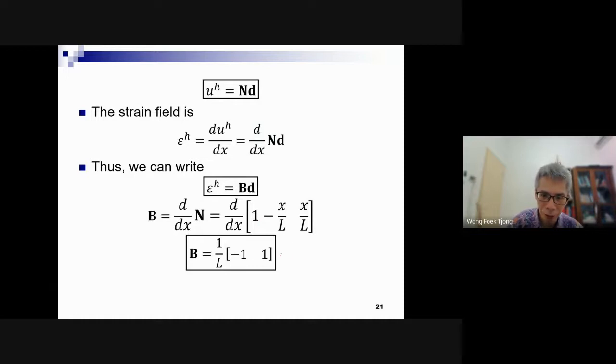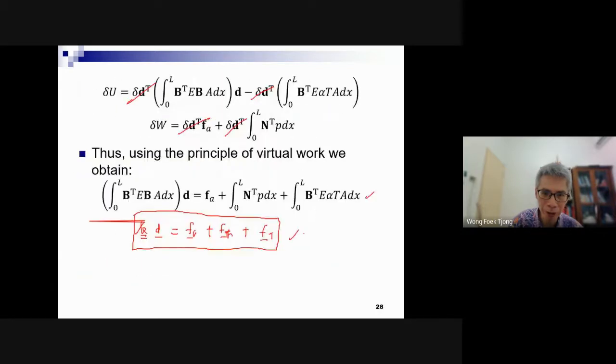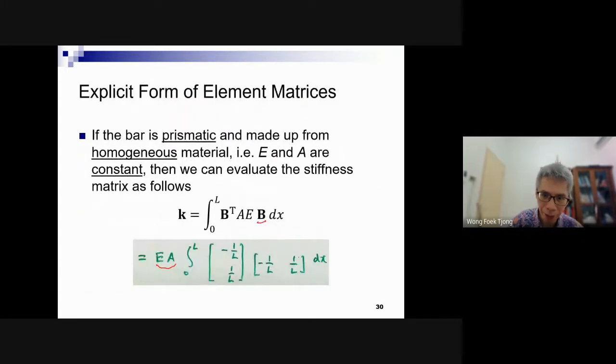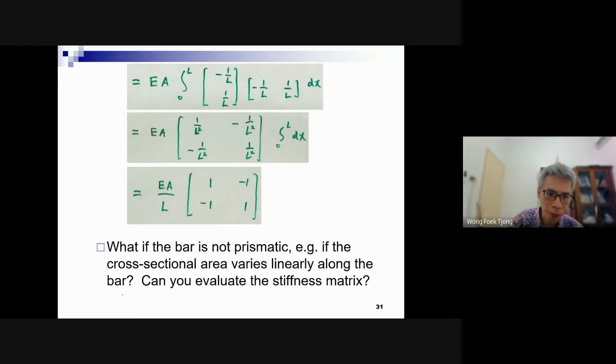For the two-noded bar element, no problem. This one. So we just copy this and plug it into the equation. This is B. This is B transpose. Transpose means like this. And then the integral, and then we perform the computation like that. So we have this one. This is just matrix multiplication. Row times column, this one. Second row times column, this one.